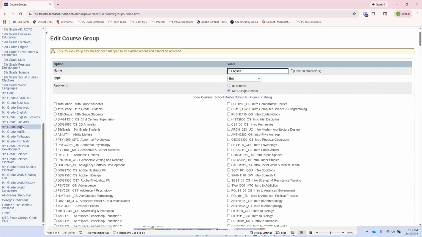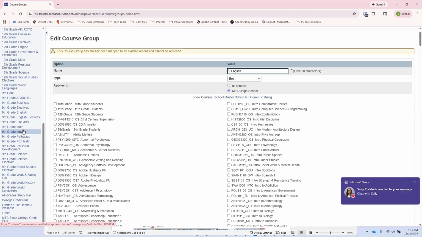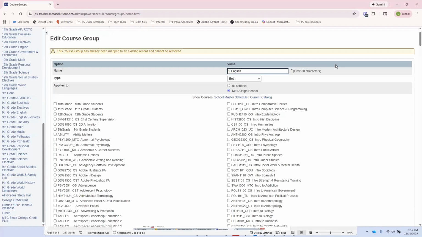I also want to point out that if you decide to come through here, if you're kind of like me, if this was my school, I'd want to come through here and change all these names to simplify them and make them easier to read. If you do that, I advise that if you're changing these course group names, before you open up your request screens to students, to also go through on your